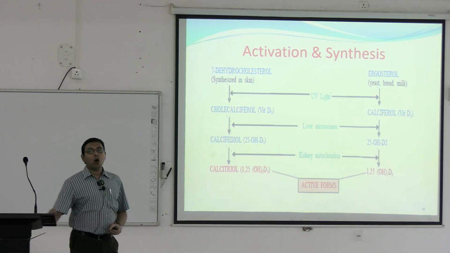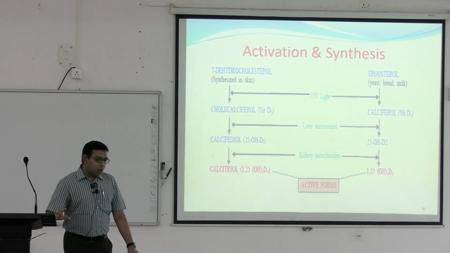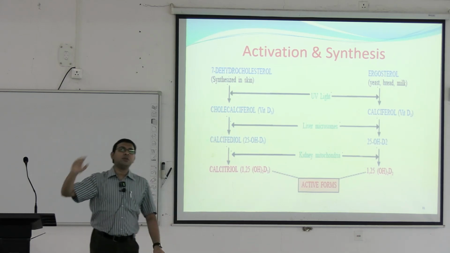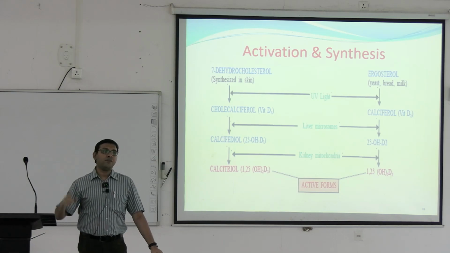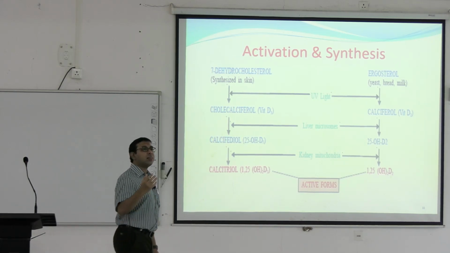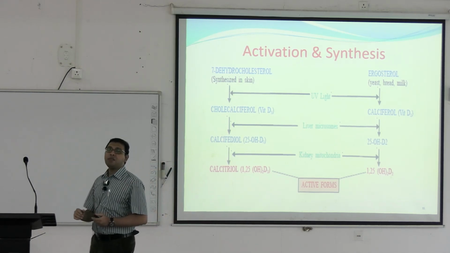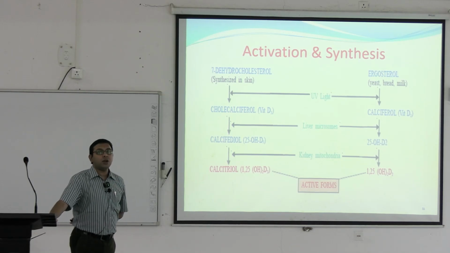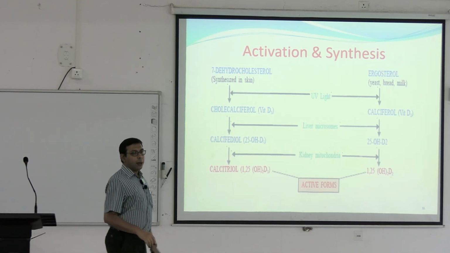So what happens? Normally vitamin D can be synthesized by means of sunlight. In Arctic countries or different North American countries, like Finland, Norway, where the sunlight is very less, or for 6 months there is no sunlight, there is very high deficiency of vitamin D. So in those cases it is mandatory to give vitamin D supplementation, and it is also supplemented to different food products.